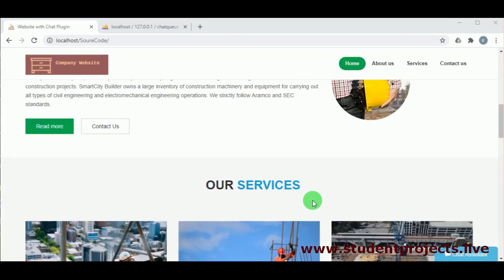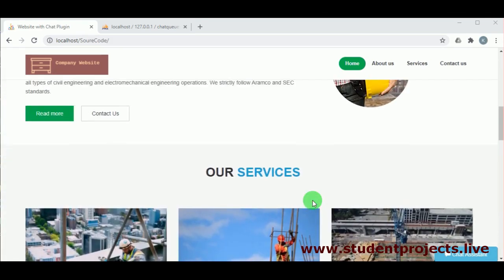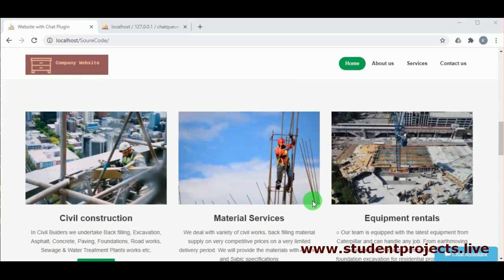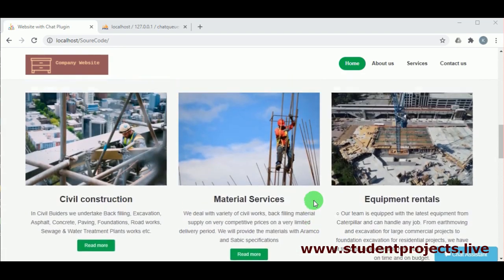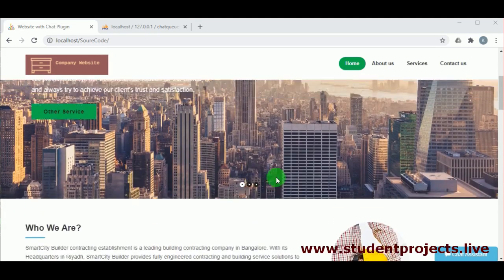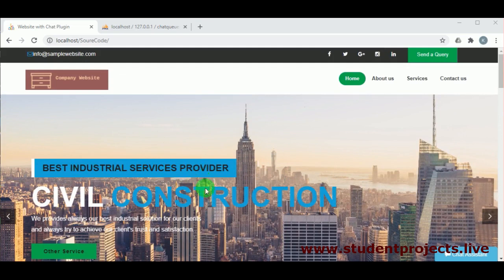Queuing helps agents work effectively and displays the number of customers in the queue waiting to chat. So here we are using a dummy website, a construction website. You can use it on any website, and using this website we will show how the Chat Queue System will work.